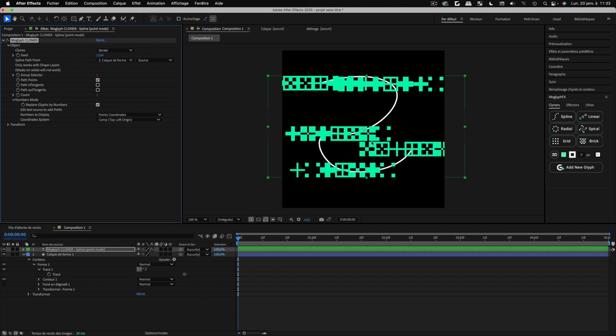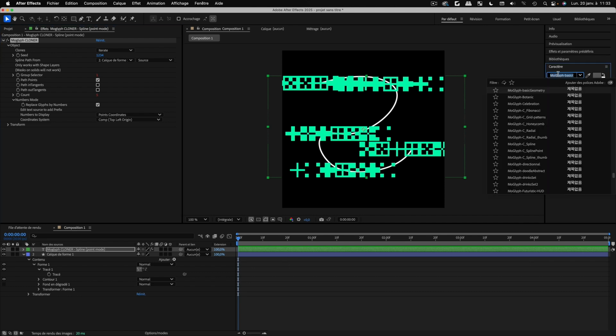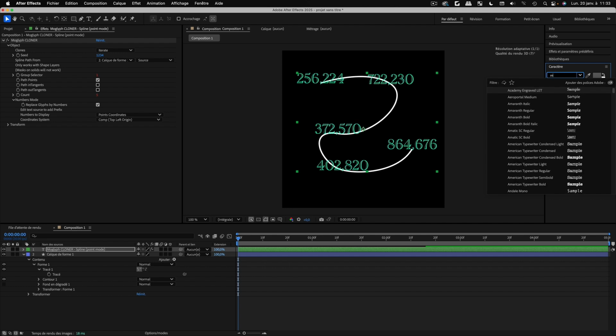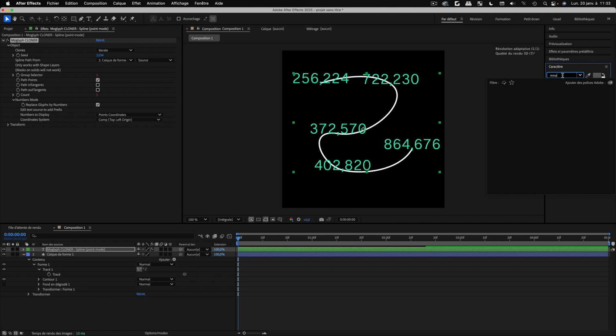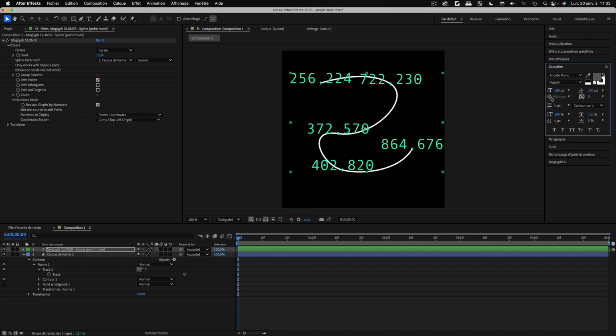And in order to fully understand what's going on, you'll have to go to the character panel, change the font, let's say Arial, for example, or a nice mono, Andale Mono, for example, because I'm on a Mac,